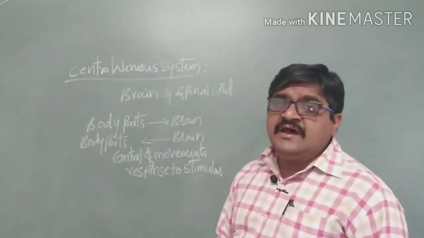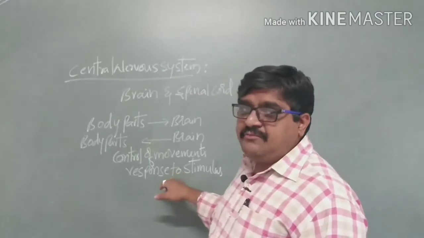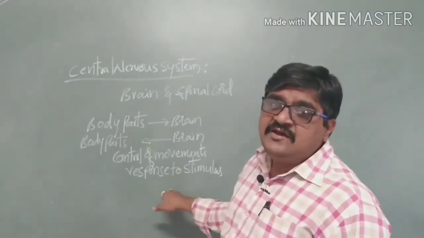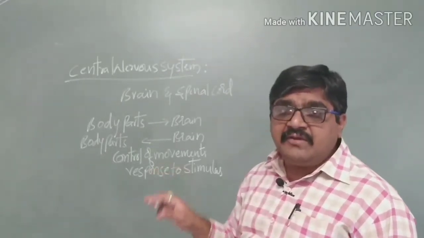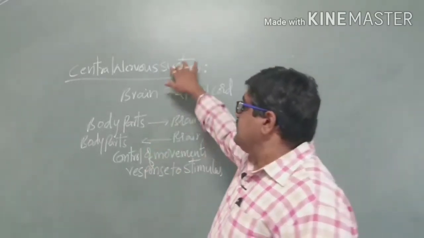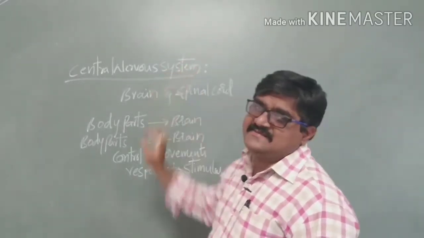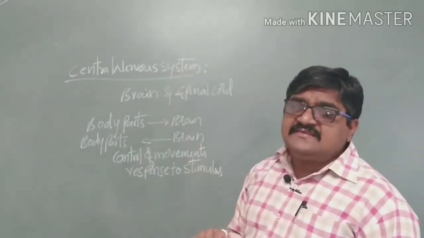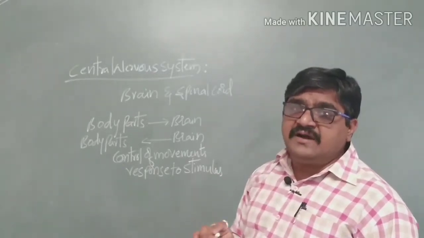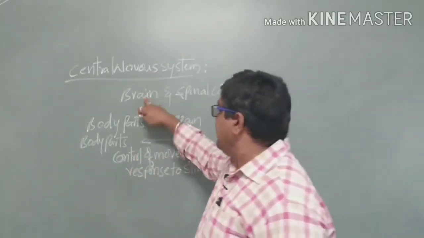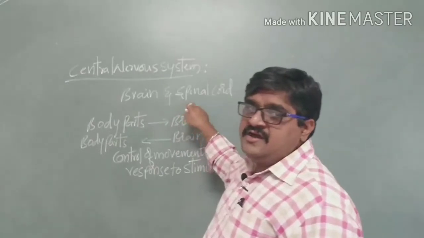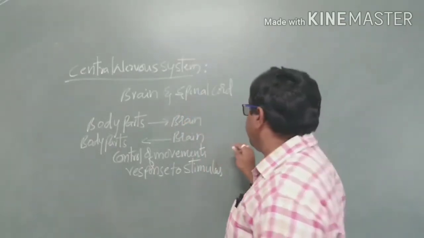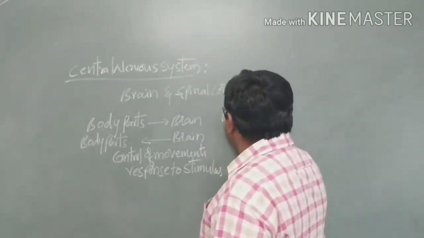The control and coordination, and the response to the stimulus, take place through the central nervous system. In this central nervous system, there are two main parts, as already studied: the brain and the spinal cord. The brain is protected by